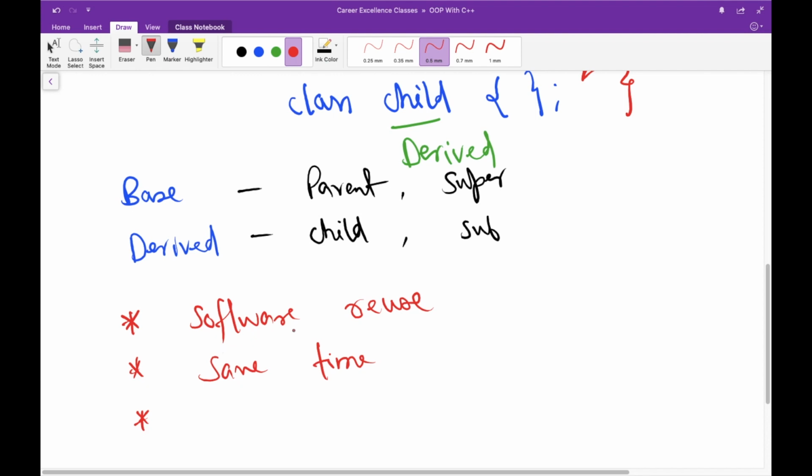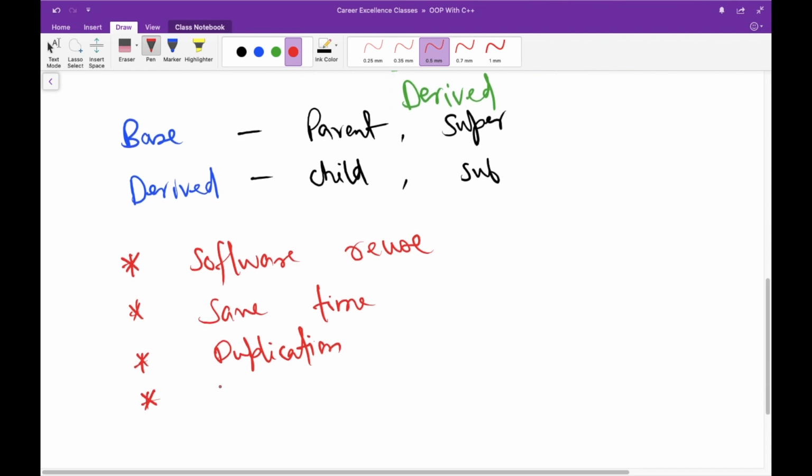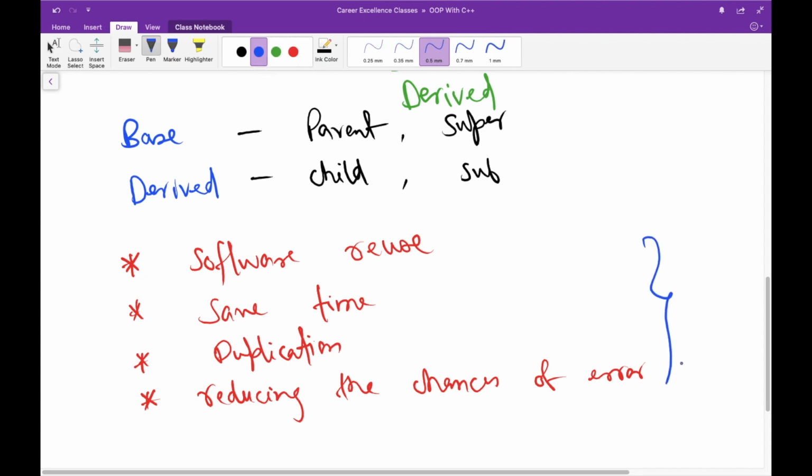When we are using software again and again and saving our time, it is also saving us from duplication of the code, and in that way it's reducing the chances of error, right? So these are the benefits of inheritance. Now we'll talk about this using an example so that you are able to appreciate this feature of OOP more. So let's start.